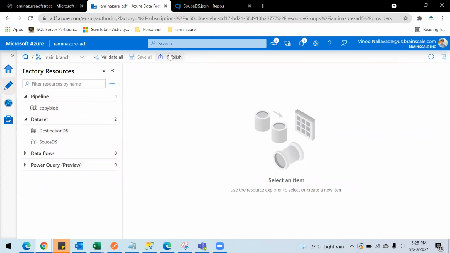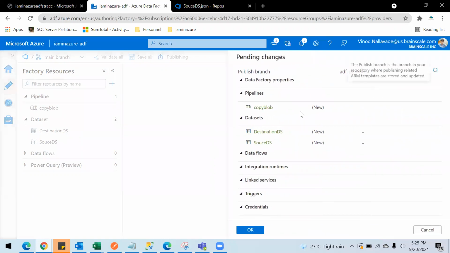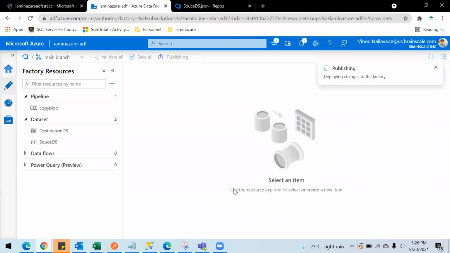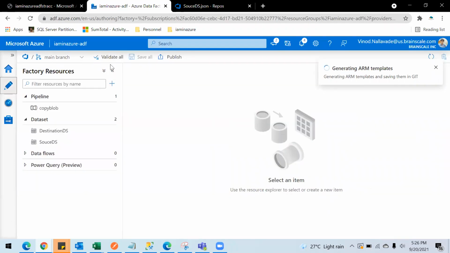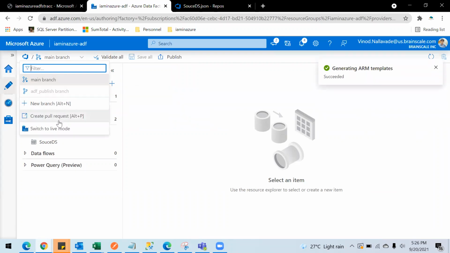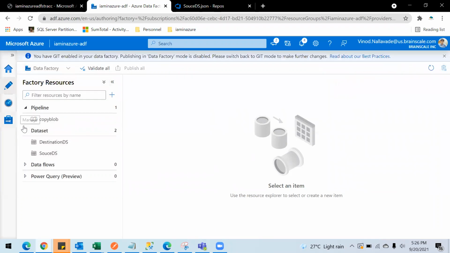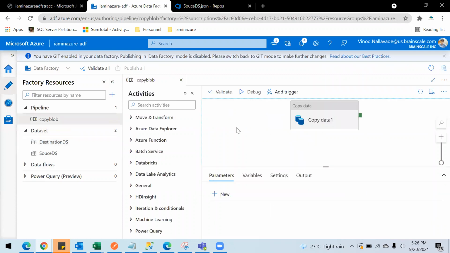So now if I publish this, all the changes will be published to that data factory mode as well. So it is publishing, which means deploying 3 of 3 resources. Once this is finished, you will be able to see it in the data factory mode as well. Yeah, generating ARM templates is done, and if I go to live mode now, you will be able to see it here. I can trigger it now.